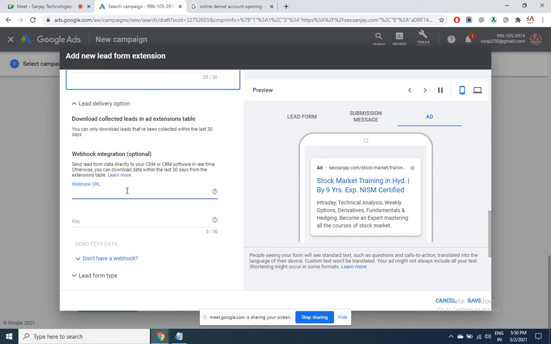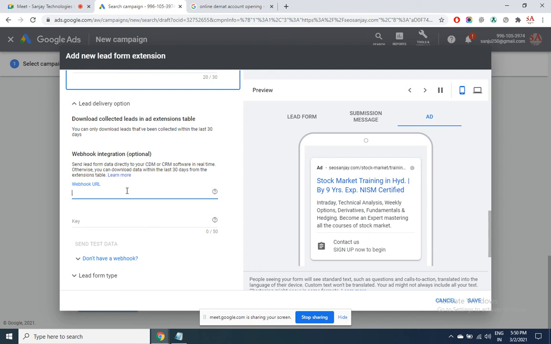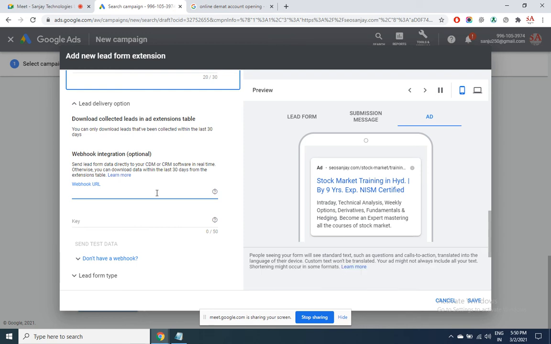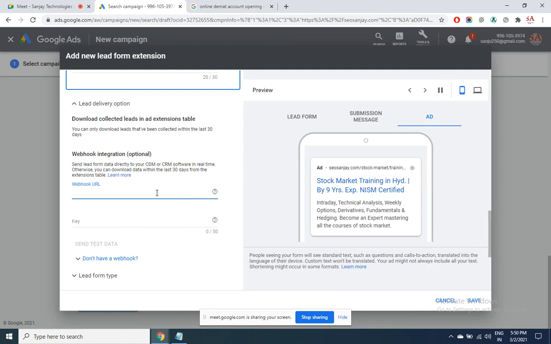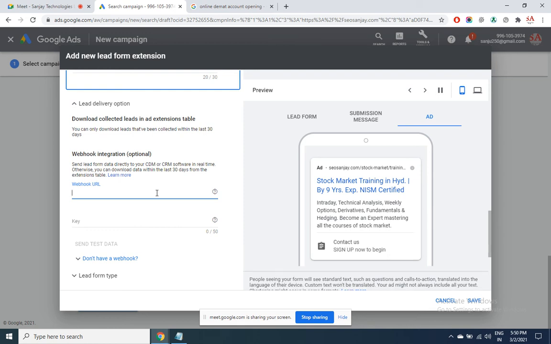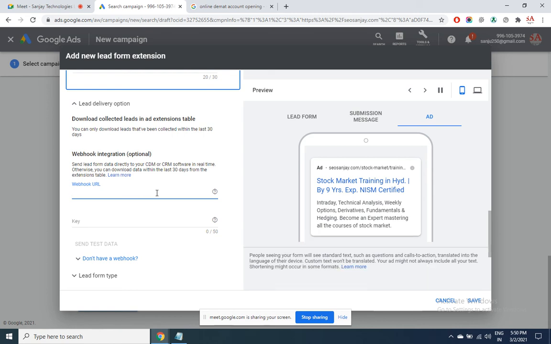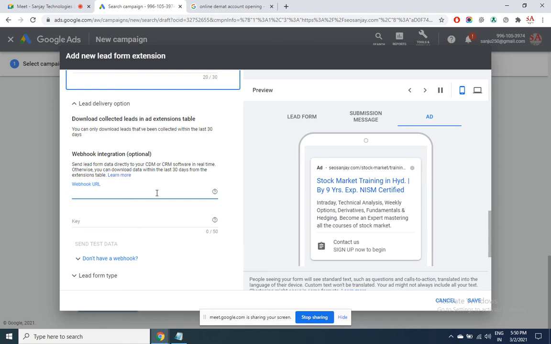This is a web integration. In case you are using some kind of CRM software for your website, you can push these details into the CRM, customer relationship manager. A lot of websites use this kind of application in order to capture the leads. Just like you have a sign up form in your website, you get the leads into your admin dashboard. Like that, a custom based website will be using a CRM software. So directly from Google, all the leads data with your respective fields will come directly into your software.